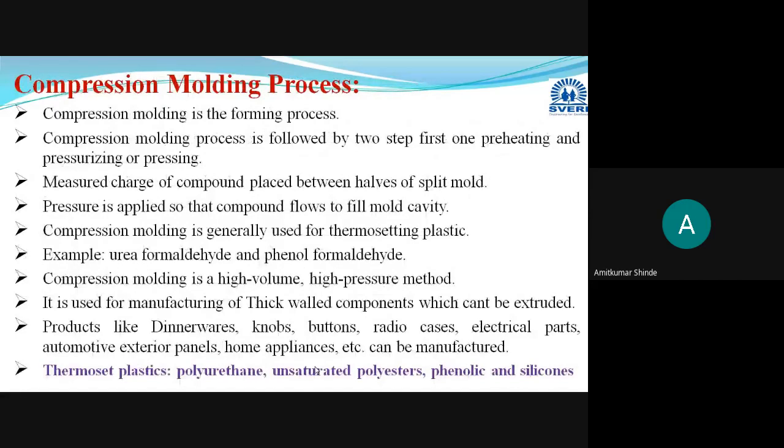Okay, in this compression molding process, whichever stages I have explained with the help of that diagram, in some points I have added related to the stages only. If you summarize this compression molding process, two steps will be there: preheating of the raw material or charge, and pressing. And if you explain it in brief, four stages will be there: pouring of the raw material or charge or preheated preform, then pressing, curing, and ejecting the component with the help of ejector pin or knockout pins.